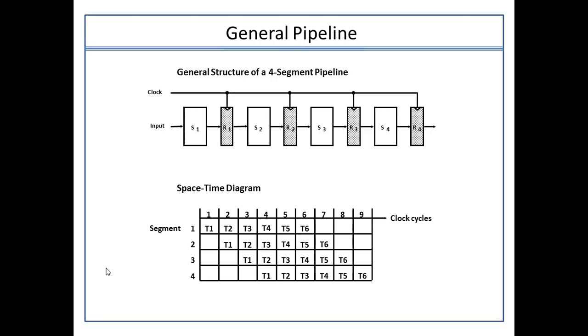Then this is again the general terminology, the same one which we have already studied. Basically the output of segment 1 is stored in the registers, and this now becomes the input to segment number 2. Segment 2 generates the output in register number 2. For segment number 3, register 2 is the input register and R3 is the output register. The same is for segment number 4. So this is the entire time-space diagram, you could say.